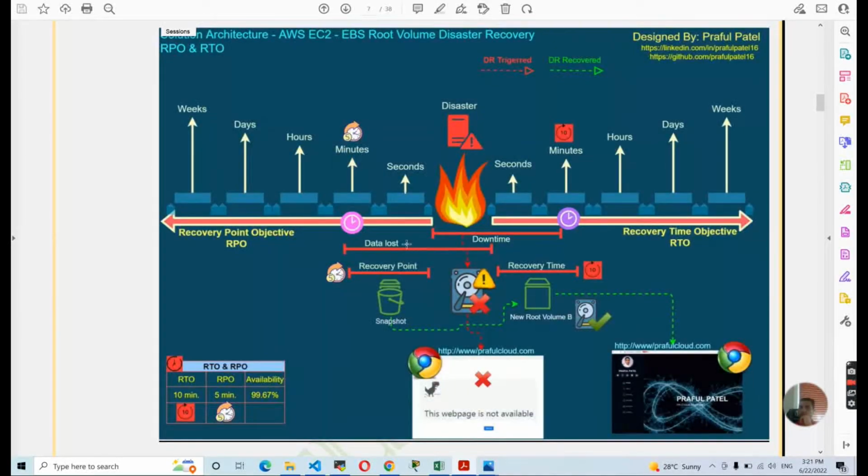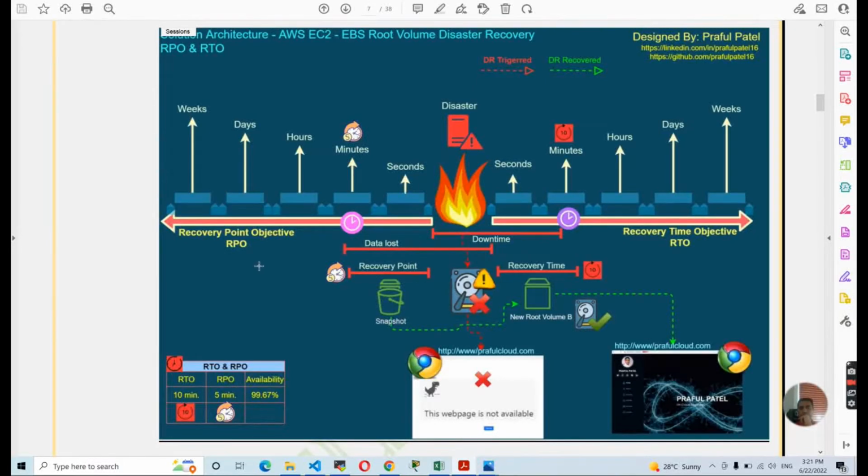How much data loss can be affordable by the business is what is mentioned inside the RPO. So in RPO, it means only 5 minutes of data can be affordably lost by the system, by the business. Okay,